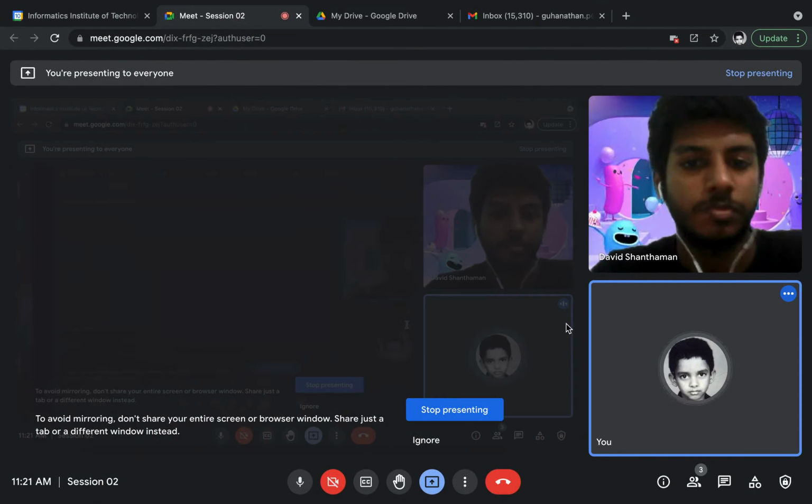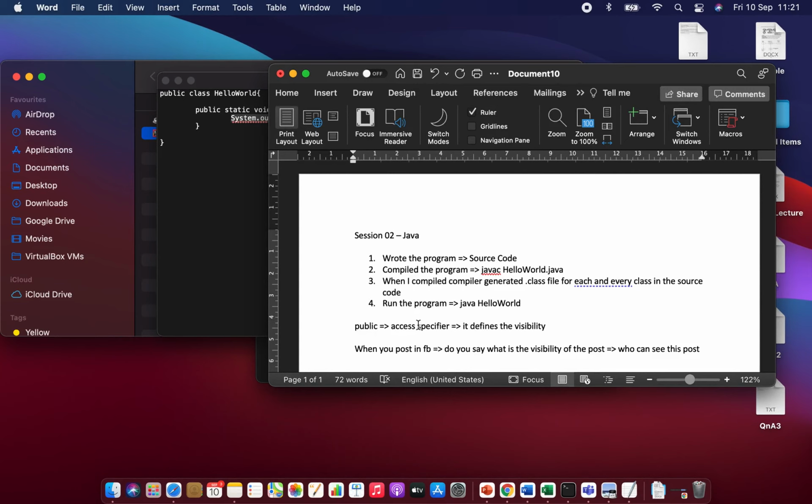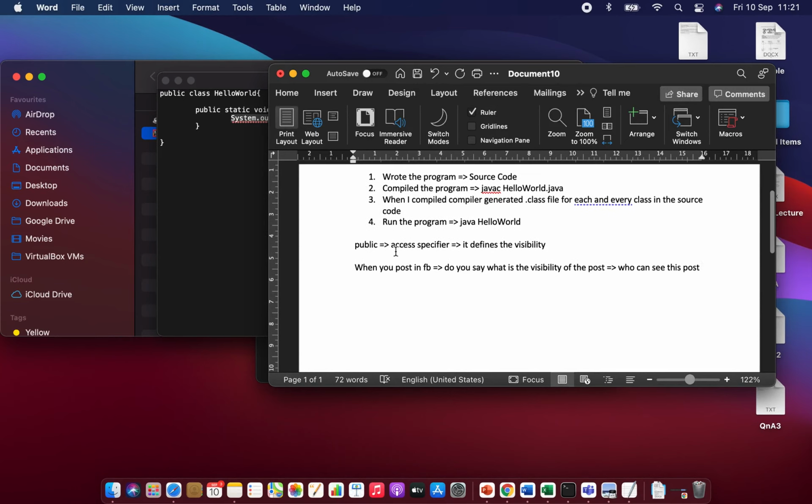You tell that, right? Yes or no? Similar to that, only the access specifier. Right? Similar to that only the access specifier. Access specifier, okay,